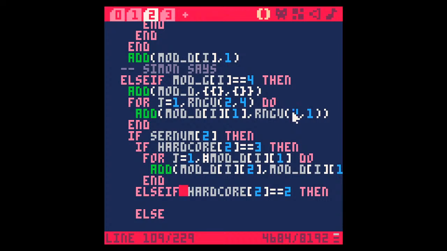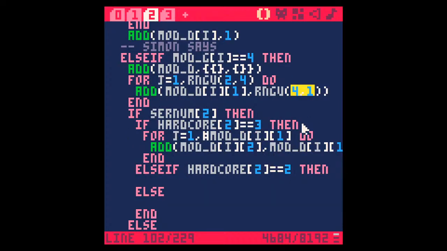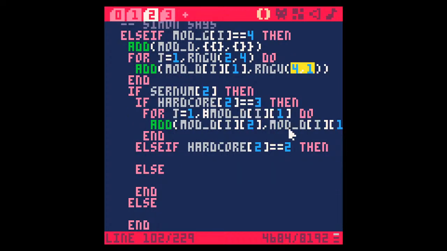Yeah, I add a random 1 to 4 value, and then if serial number has a vowel, and I have no strikes, then